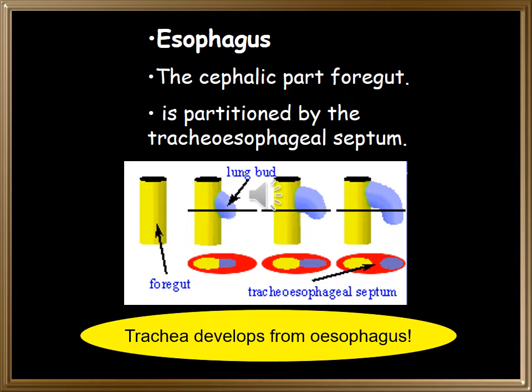And in case this separation of the trachea is incomplete from the esophagus, quite naturally the baby is born with an abnormal communication between the food passage and the respiratory passage, a very dangerous condition indeed, and this is called tracheoesophageal fistula. A fistula means an abnormal communication between two or more structures, and the point to remember here is that the trachea is separated from the esophagus. That is interesting.